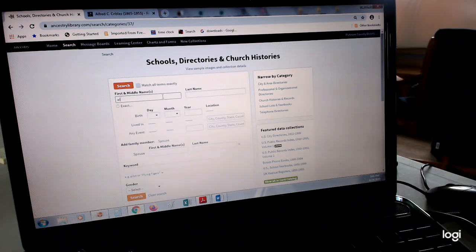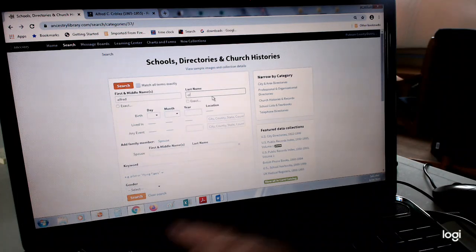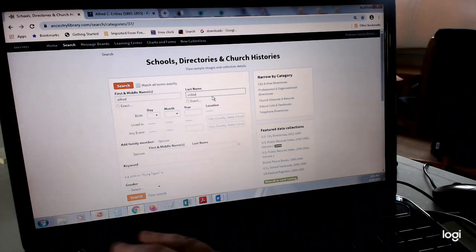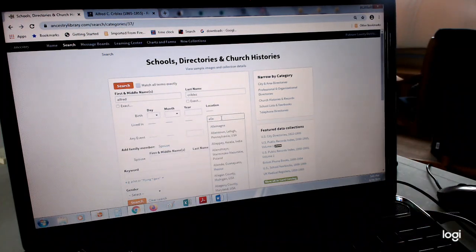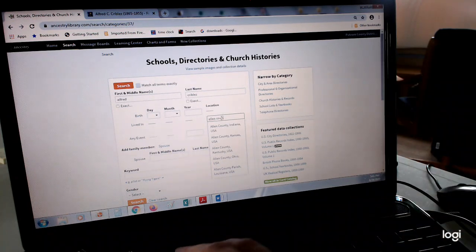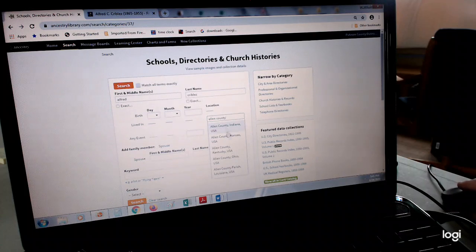And I'm sure, because Alfred didn't go to school here, but let's throw Alfred in and see what we get. And he lived in, most of his life, he lived in Allen County, so we may find that some of his children's pictures are here. And that could be fun.